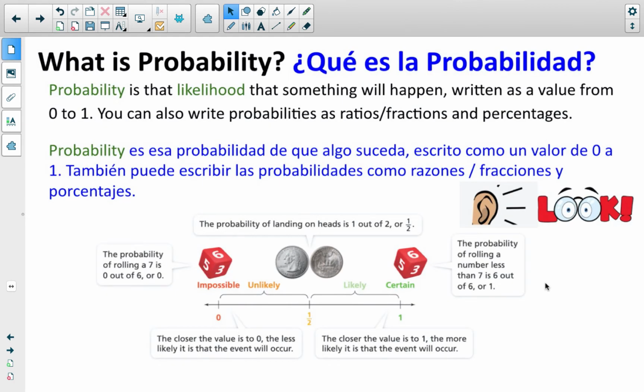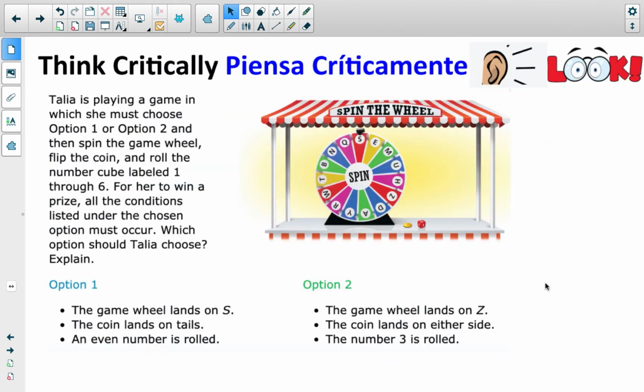Just a quick reminder of probability. This has been on every slide since the start of this module. And we will jump straight in. I just want you to listen and look and pay attention here. We're going to address this, as we've been doing, at the very end of the lesson. But this is the kind of frame that I want to put your mind in as you go through today's